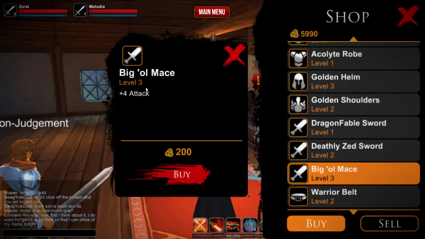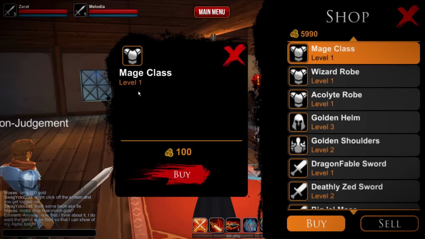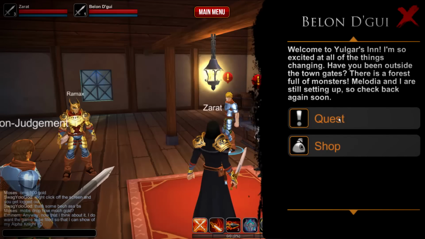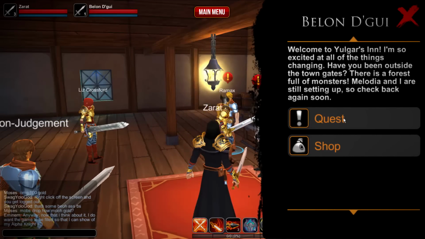So if an item has level 3, for example, attached to it, then you have to be level 3 to access the item or purchase it. Whereas if the item is level 1, you can buy it from the get-go. You can buy it at the start of the game. You don't need to worry about it, just make sure you have the required amount of gold to purchase it. So that's about it for shops, and quests can be accessed from NPCs as well by clicking on the quest